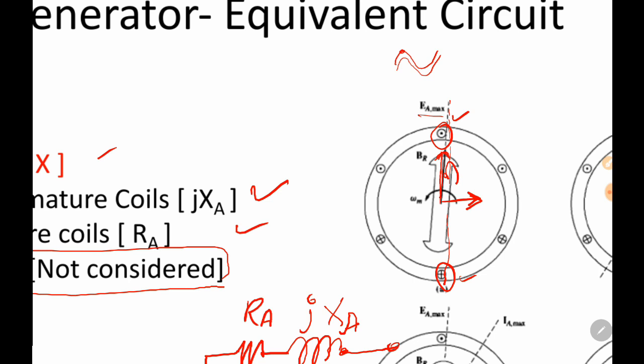Now, this vector is also a magnetic field, so let's call this BS, the magnetic field produced because of the stator, and this is the magnetic field which was present in the rotor in the first place. This is due to the current flowing in the stator, and once we have this vector,